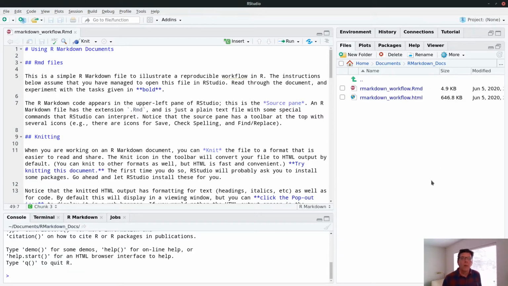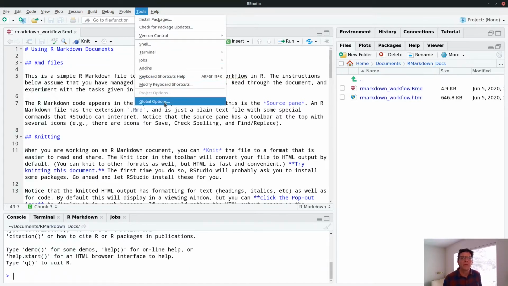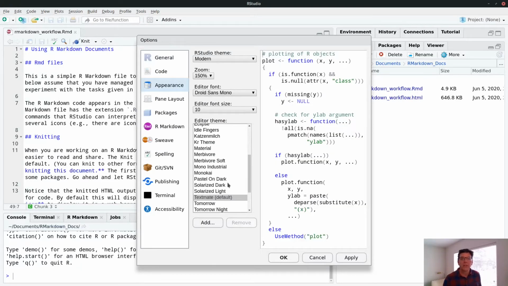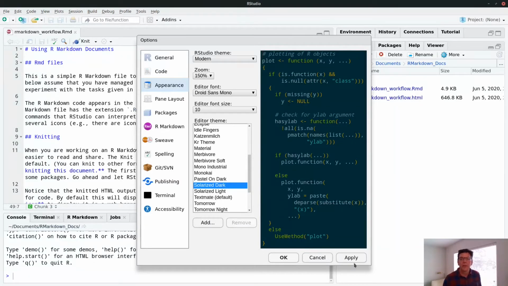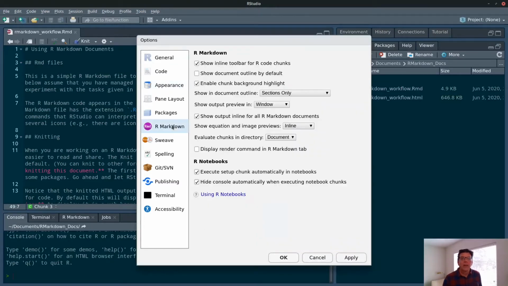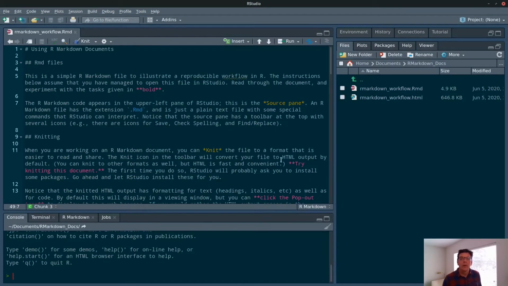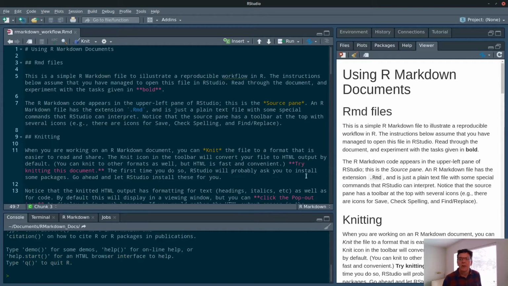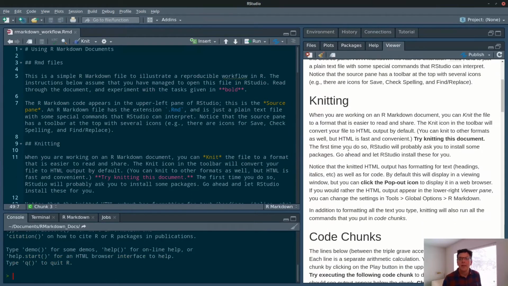Before I go on, I want to show you how I like to customize this interface. Here in Tools, I can go to Global Options, and I can change the appearance. I like a darker theme, so Solarized Dark is one that I like to use. That just makes everything easier on the eyes. And for RMarkdown, I don't really like that pop-up window. So where it says Show Output Preview for RMarkdown, I'm going to make it go into the Viewer pane. Notice when I do that, and now when I knit, I get my knitted document over here. It just takes up a tab where the file manager used to be,